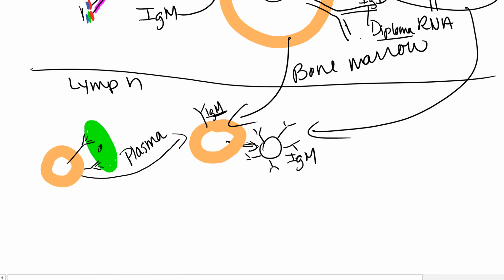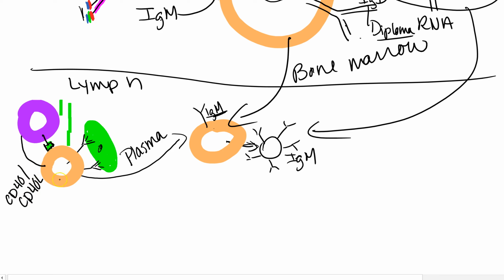The other thing that could happen is that this B cell could see its antigen of interest in the context of a T cell. Okay, and let's say it's going to present some of this antigen to this T cell, okay? The T cell then will secrete some cytokines that give some instructions to the B cell. On top of that, you're going to have CD40 ligand interaction. And the CD40 ligand interaction is going to activate an enzyme in the B cell known as AID. AID is going to make some real changes around here. What it's going to do